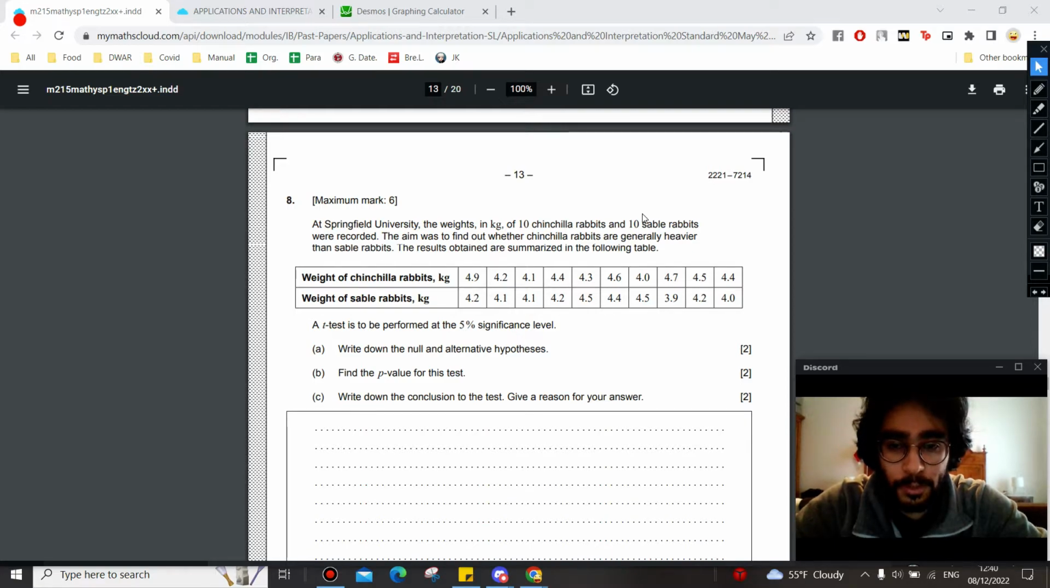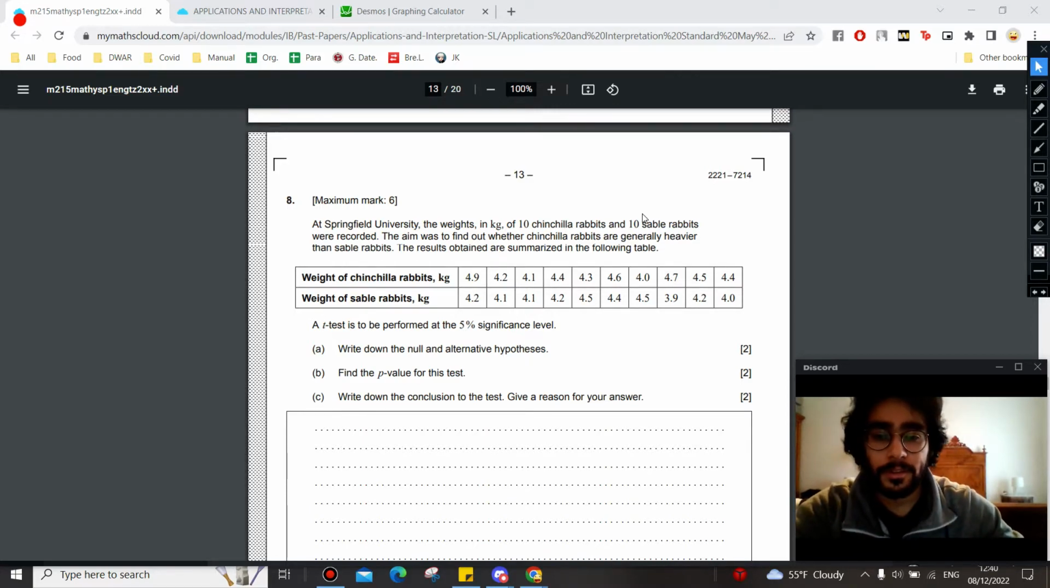A t-test is to be performed at the 5% significance level. We have the significance level as well. Write down the null hypothesis and alternative. Well, this part is easy, because for question A, you just have the null hypothesis to be